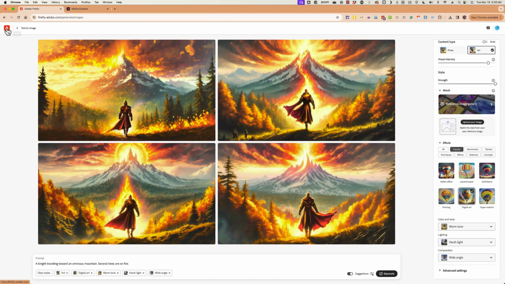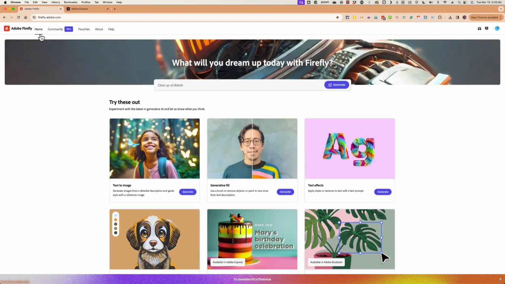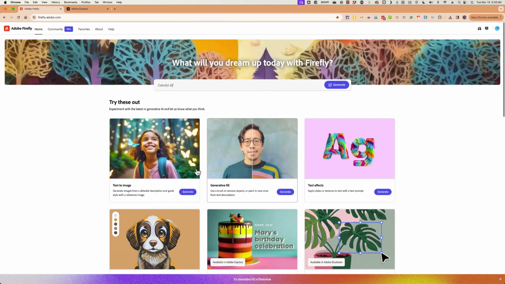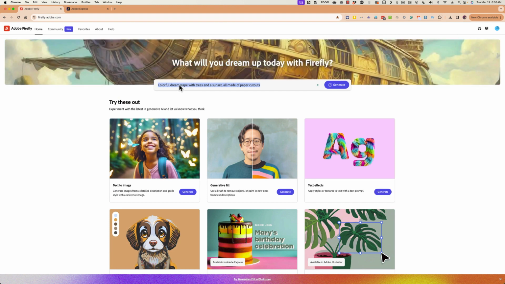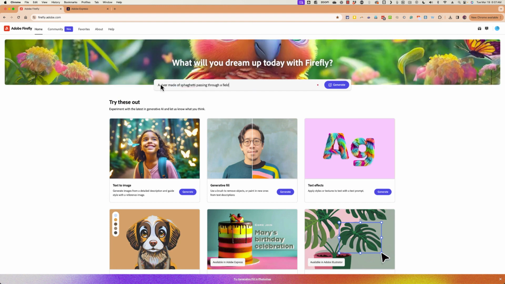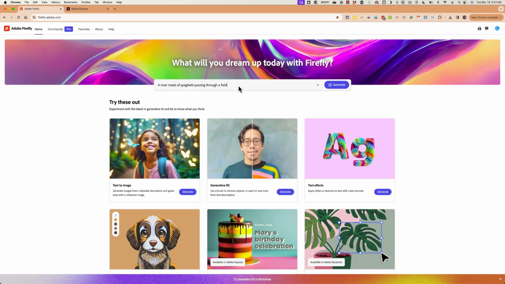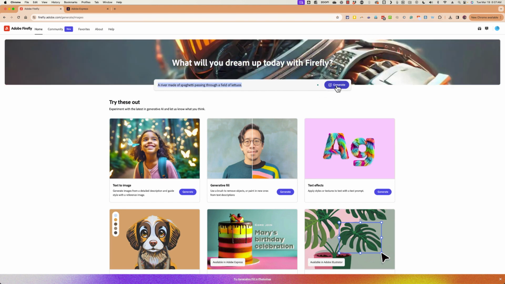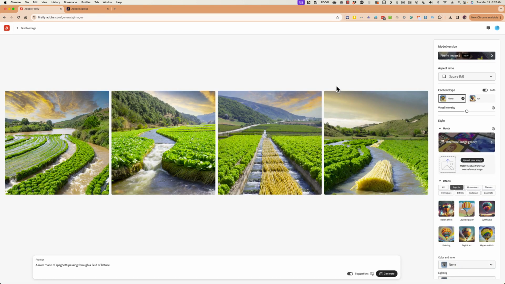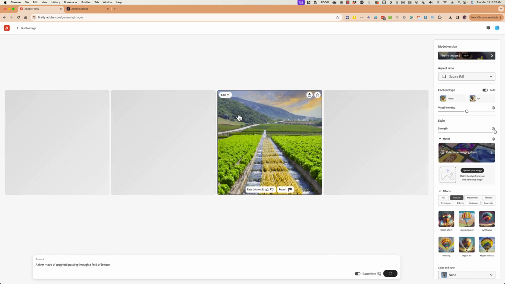Okay, I'm going to click here to quickly jump back to the Adobe Firefly homepage. There are all of these other options that I can try, and there's some fantastic tools here. But for now, I'm just going to click here, and I'd like to do one more example. How about a river made of spaghetti passing through a field of lettuce? Let's see if this works. So I click Generate, and there are my results. I think I like this one the best, so I'll click Edit, Generate Similar, and then I want you to